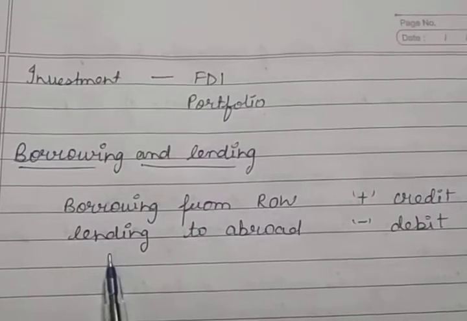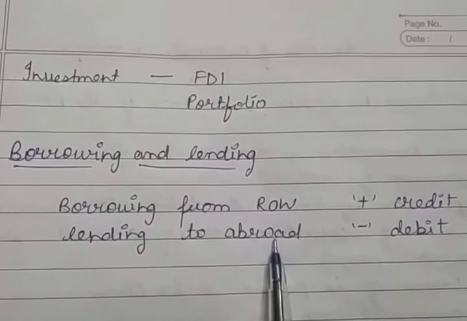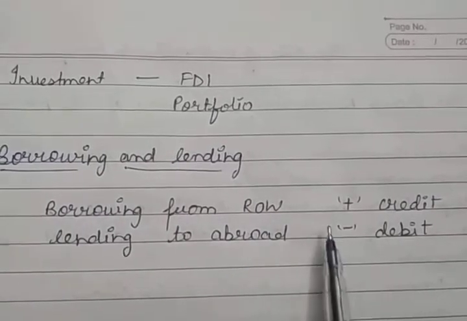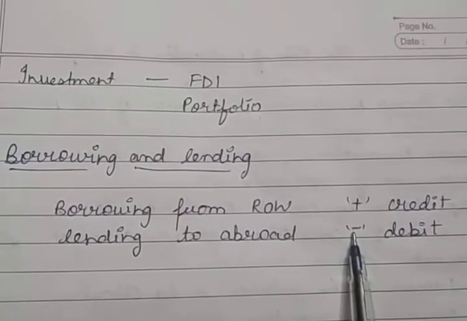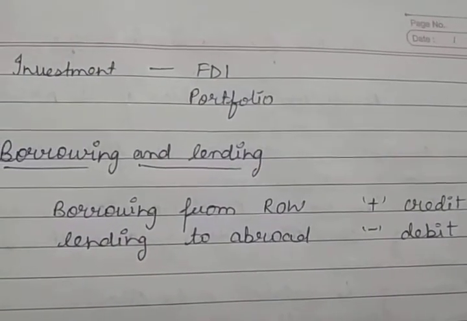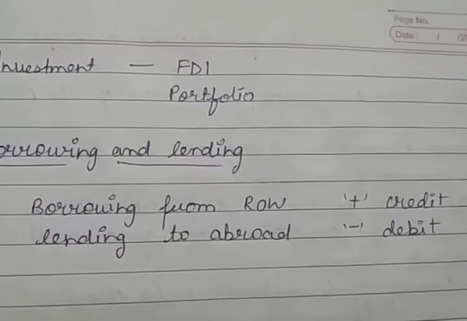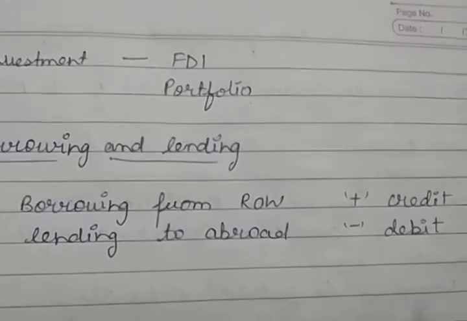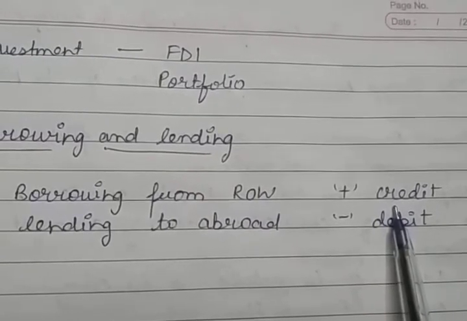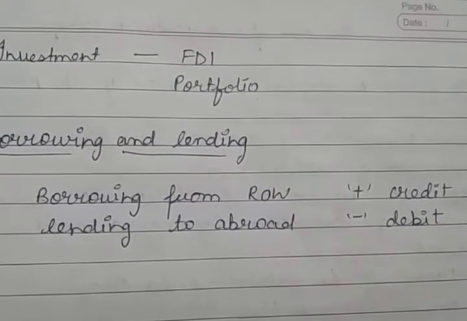Similarly, lending. All the lendings abroad by the private sector or government, and the repayment of loans to abroad, will all be recorded as debits, negative, because these lead to outflow of foreign exchange. Like example, we can take the Indian government. If the Indian government borrows money from the IMF or from the World Bank or from any other country, these are included in the credit because this leads to inflow of foreign exchange. Similarly, investment by an individual of a country A in the country B.